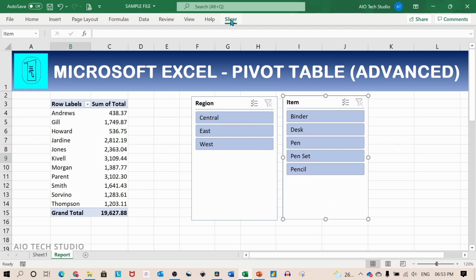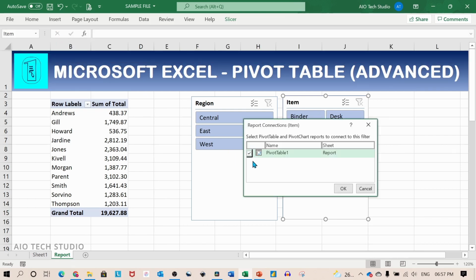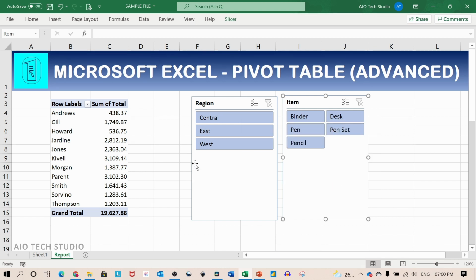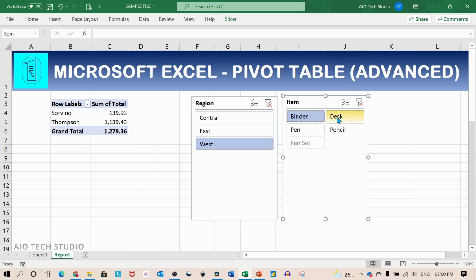You can customize the slicer by going to the slicer tab. Also, you can go to the report connection and choose whichever report you want to connect this slicer to. Slicer helps in filtering the data depending on the selection. You can clear the filter using the clear filter button.